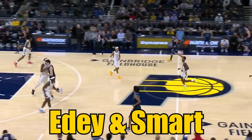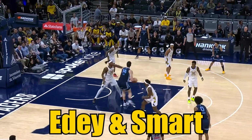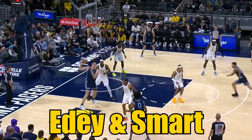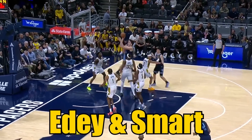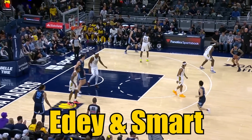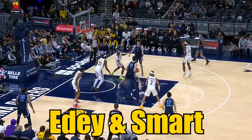Now, let's talk about Smart's defensive IQ. He's known as one of the best defenders in the league, and rightfully so. He understands the game at an elite level, reading plays before they even happen. With Edey behind him, Smart can be even more aggressive. He can gamble for steals, knowing Edey is there to back him up if he gets beat. That confidence is going to elevate Smart's game to another level, and it's going to create so many turnover opportunities